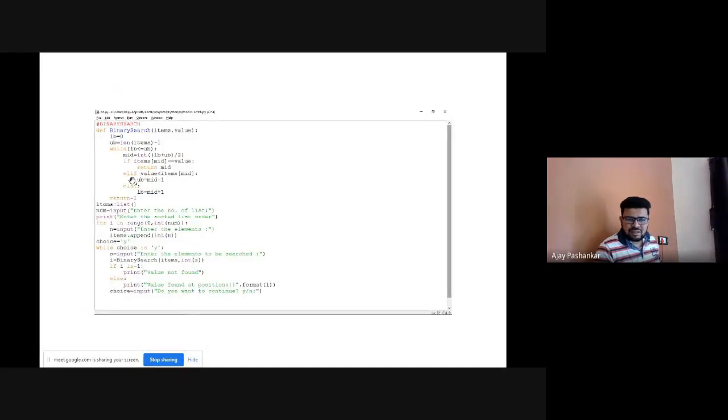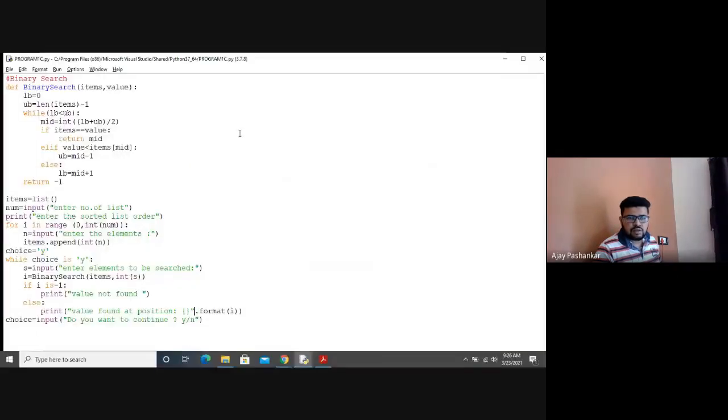Minor changes we need to do. Items. Okay, okay, got it.